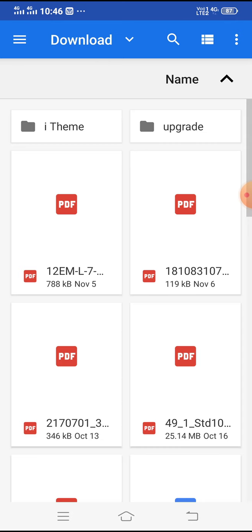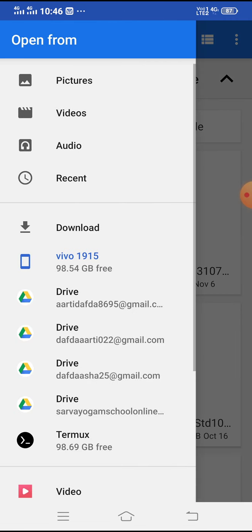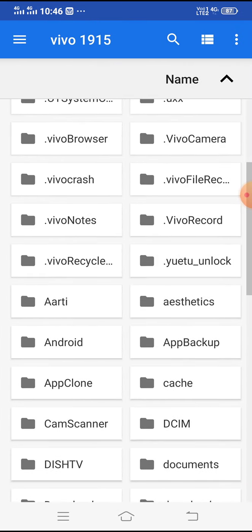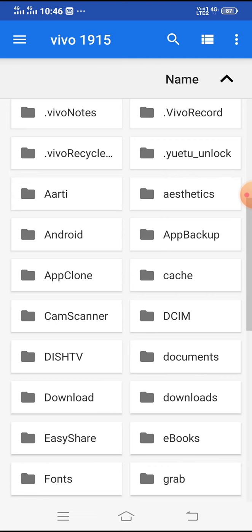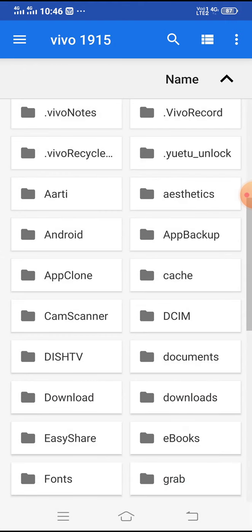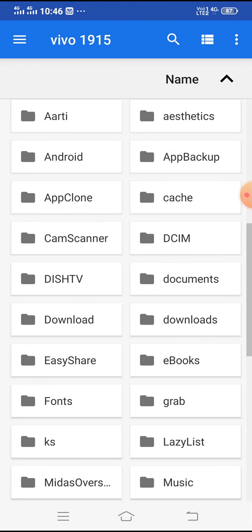I will click on file. You can select pictures, video, audio, download. You can select it from Google Drive. Select your file.